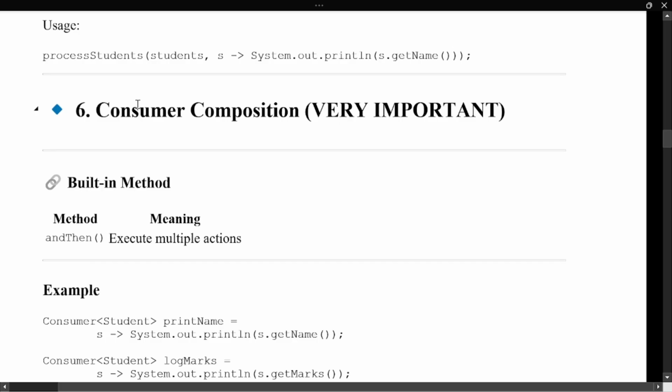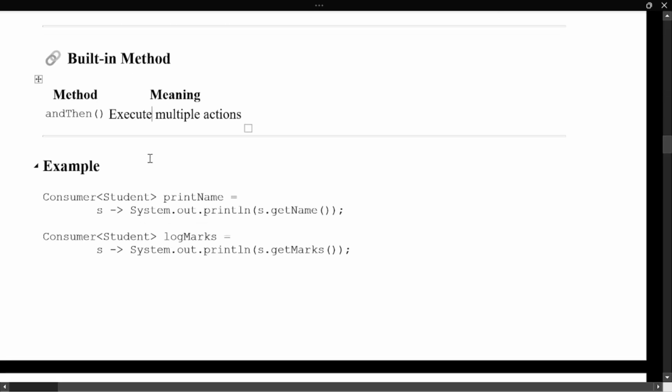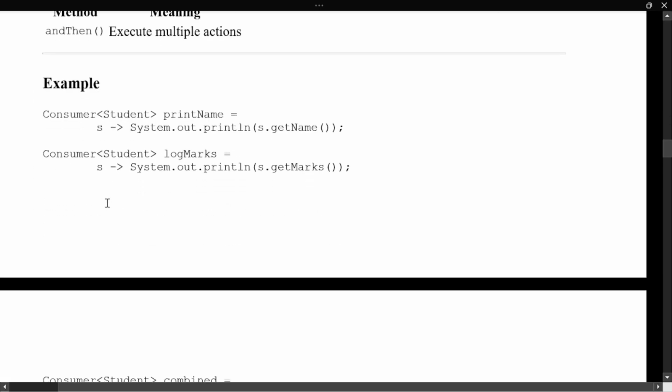So let us see the composition. Consumer composition is very important. We have built-in methods like andThen to execute multiple actions. It is useful for executing multiple actions. So, example,